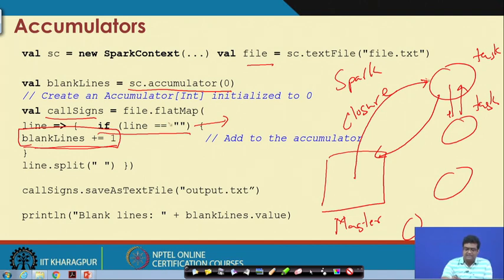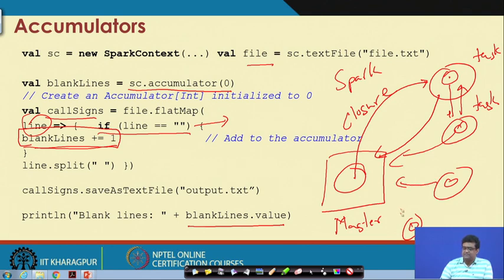Note that this line RDD is distributed onto the task machines. But when the increment happens, this blank line counter is actually an accumulator variable which is defined on the master machine. So, the blank lines get incremented, and at the end of it, you can use the blank lines dot value to get the total number of blank lines from all these machines.